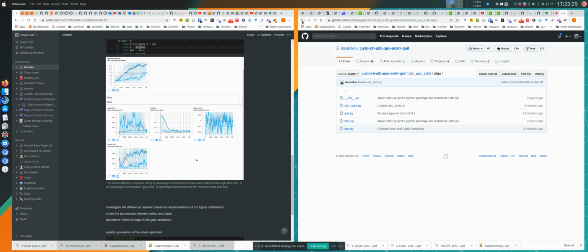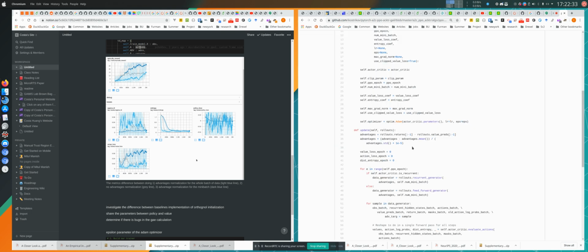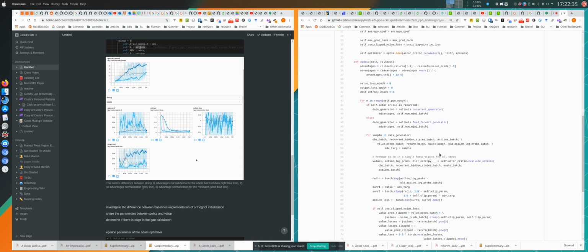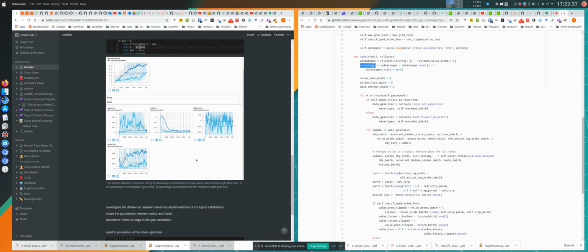They implemented correctly, I think. Wait, is it? Yeah, they did, right? So over here, this is when mini batch happens, but the advantages is already normalized before